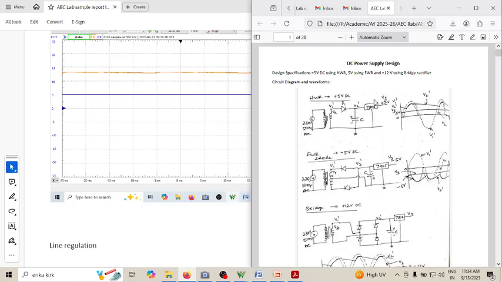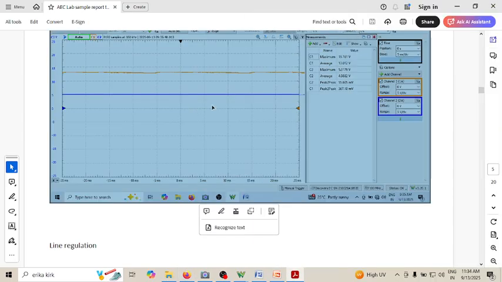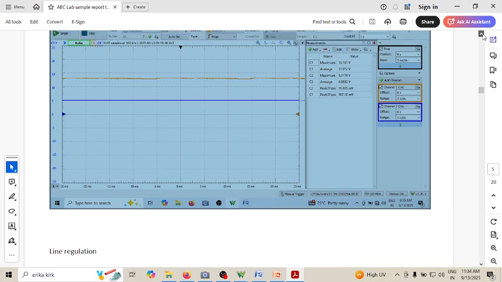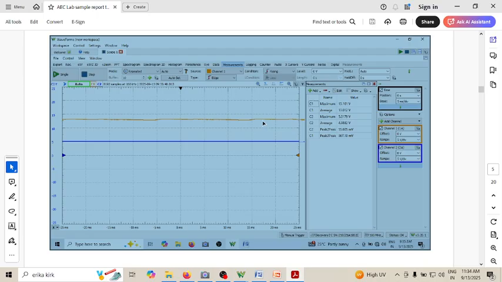For the regulated one, this becomes the input, that is V2 dash, and this becomes the output, that is the regulated voltage. So that's why you can see here what we have is, this is the filtered waveform, this is the output regulated. You can see the output regulated is almost 4.98 volt, the input is around 13 volt, and it has got a peak to peak of